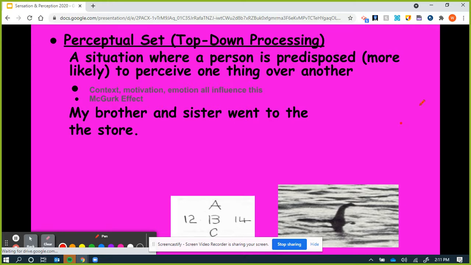Okay, if you don't notice somebody walk into a classroom because your perceptual set is focused on the teacher, all right, okay, your emotions at the time, your motivations, okay,